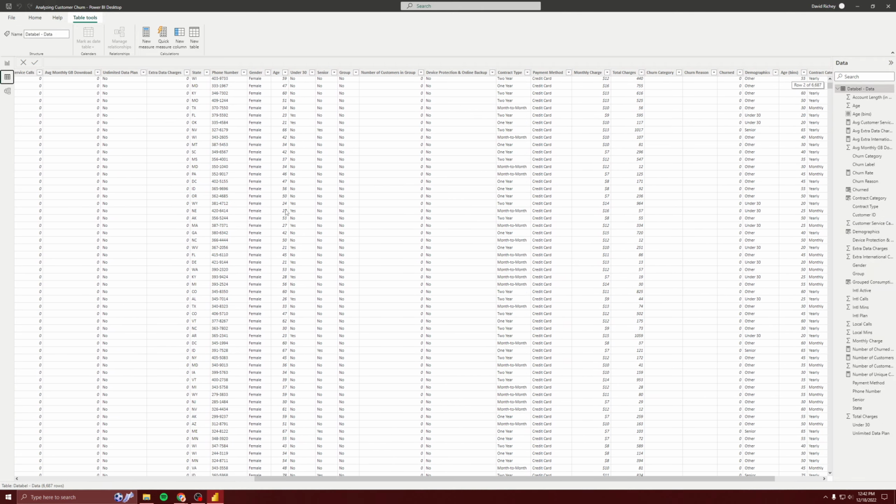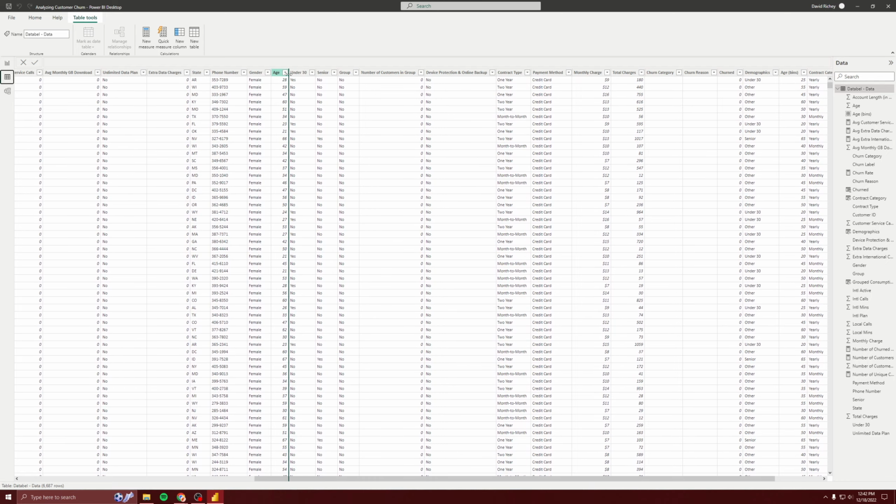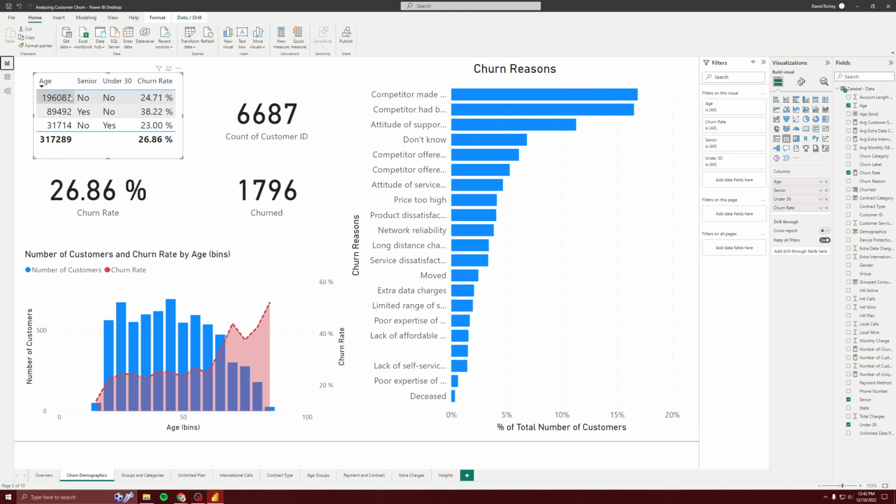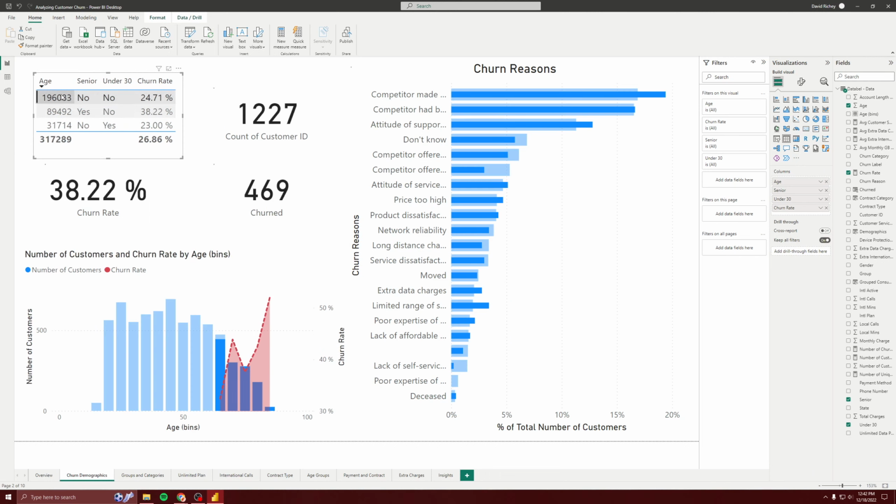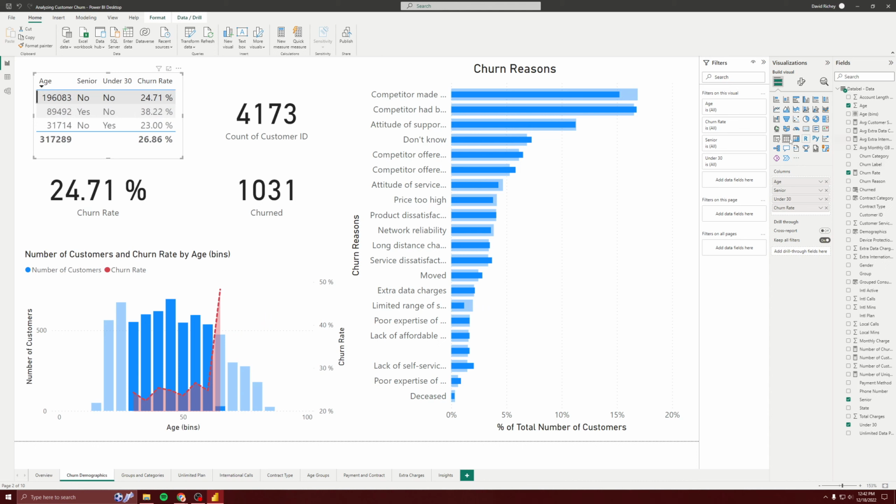Okay, age looks right. That's weird. Anyway, I made it a while ago, but so we're saying if they're senior, if they're under 30,